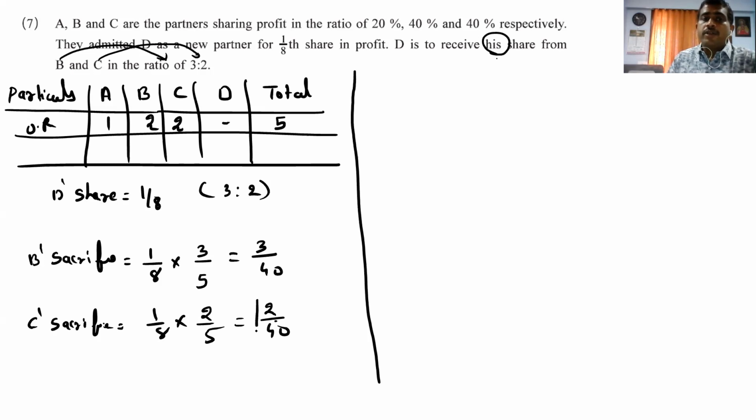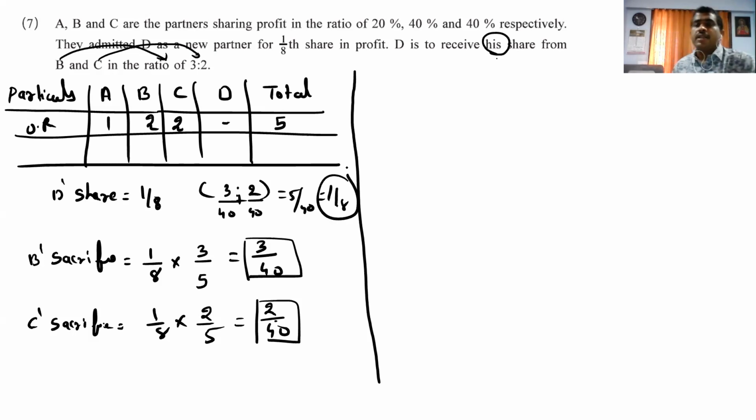And I already said to you how to know whether our answer is right or wrong is very simple. Just add this one. So let's start. 3 by 40 plus 2 by 40. It makes 5 by 40. It comes to 1 by 8. If it matches, then our answer is right. 1 by 8. So after doing this, 3 by 40 and 2 by 40, what do we have to do next?